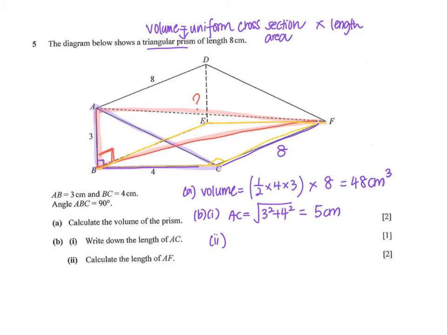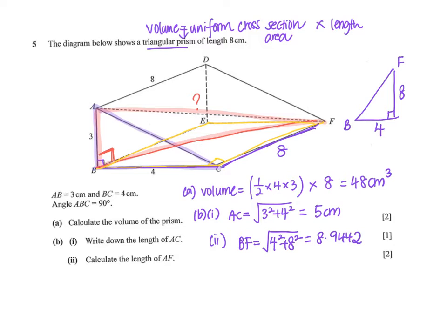So if this is 4 and this is 8, I have one right angle triangle. The length is 8 and this is 4. This is the length FB. How can I find the length FB? The length BF in this case will be, using the Pythagoras theorem, 4 squared plus 8 squared to give me the number